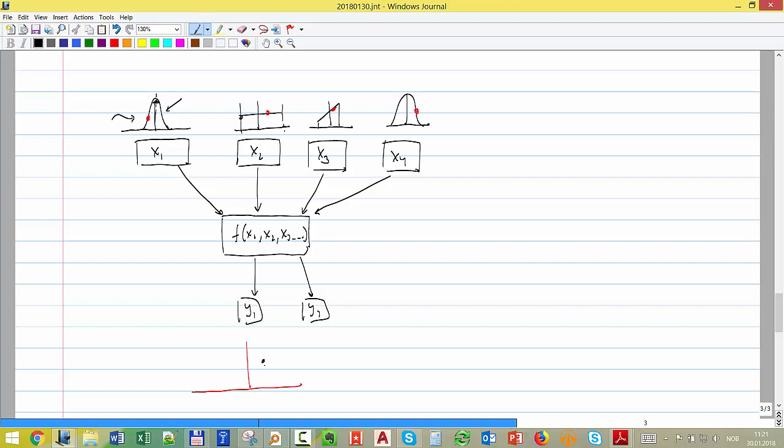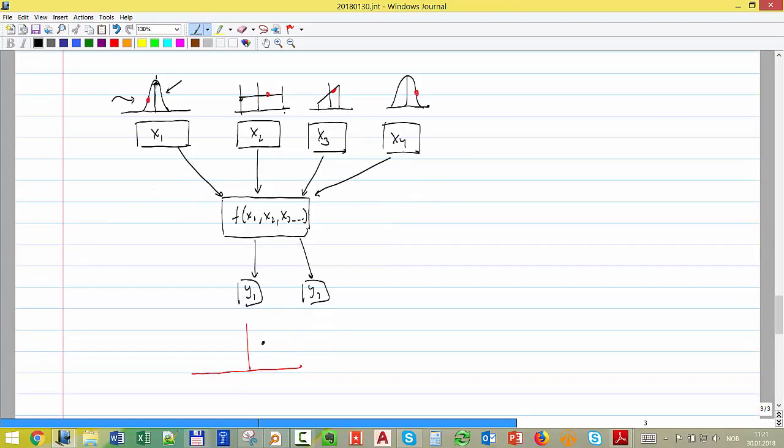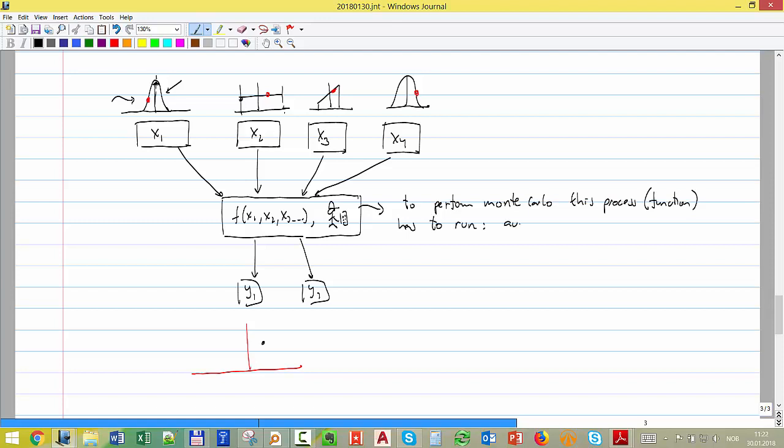But remember here, if I have, for example, in this process, something that is manual, that I have to make myself, let's put here a small hat, and then I put here in the hand a calculator. Then to perform Monte Carlo, this process or this function has to run automatically,